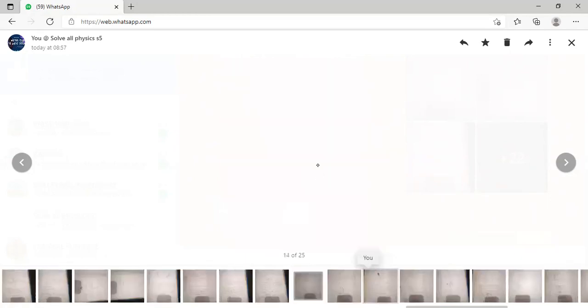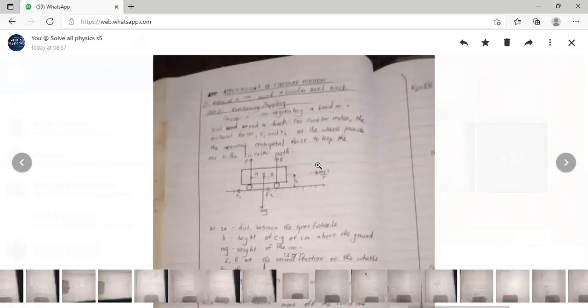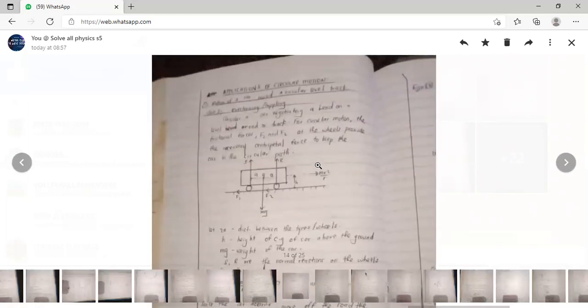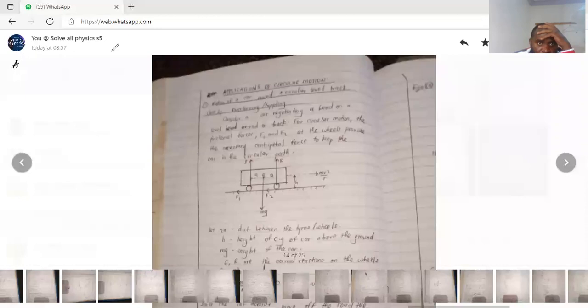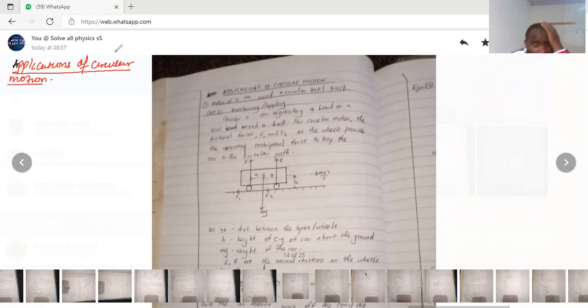So I've sent all the notes. Now I'd like to go through the cases. Which cases call for applications of circular motion? Applications of circular motion. Now, among them